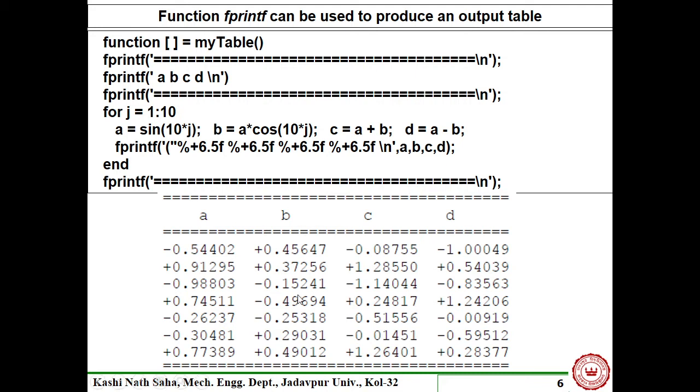So whenever we are giving this particular symbol within quotes, it takes this as a character string. At the end, what is this \n? This means this particular line ends here. So this \n is not part of this text here. This is a control character which is known as a new line character.